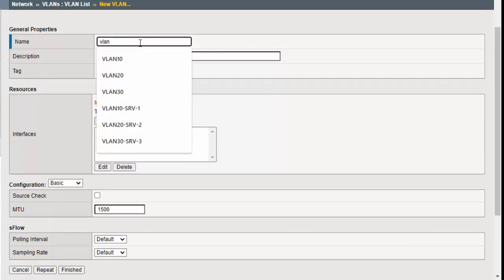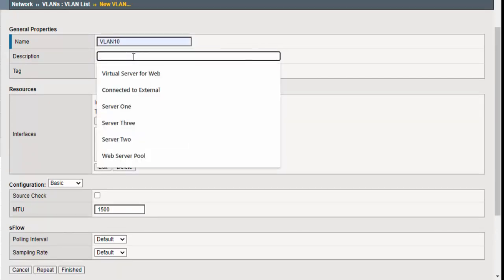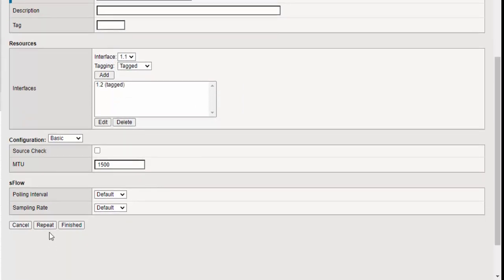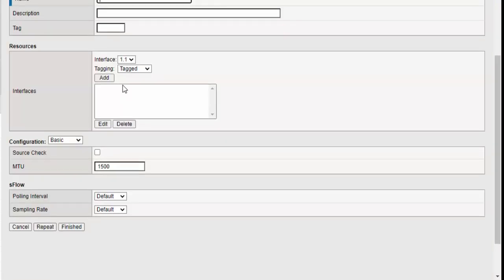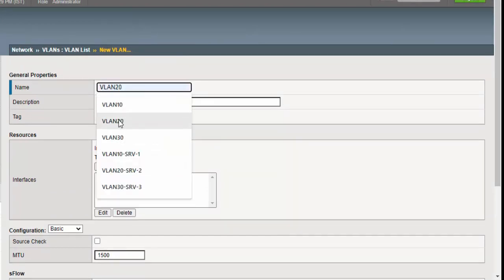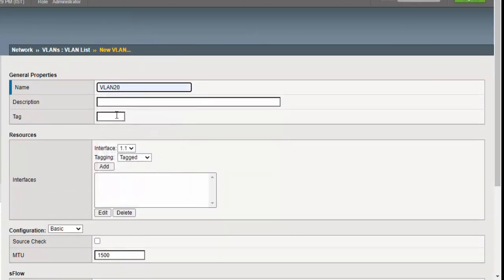So VLAN 10, and this one is 1.2 tagged interface, and click repeat. And VLAN 20, tag is 20. I think I missed the tag ID for VLAN 10, so I will add it.